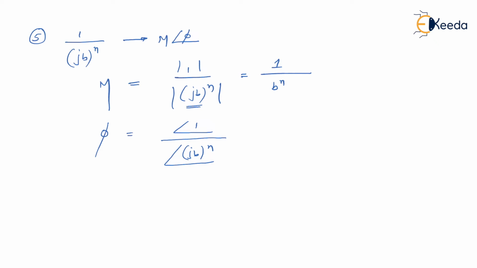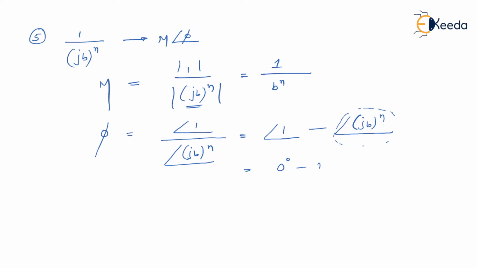That is, you are taking the angle of the numerator as well as the angle of the denominator. Please remember, whenever you have an angle relationship in division, it is always the angle of the numerator minus the angle of the denominator, which is nothing but (jb)^n. Please never ever forget this. Then you know that the angle contribution for a real constant, that is nothing but 1 over here, will be 0 degree minus, this is something we have already studied.